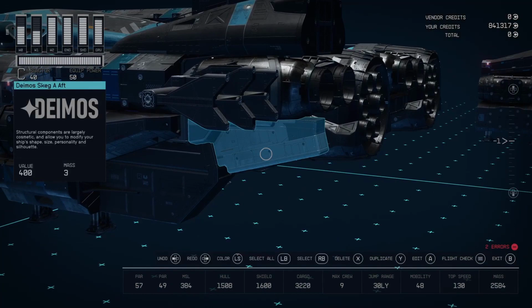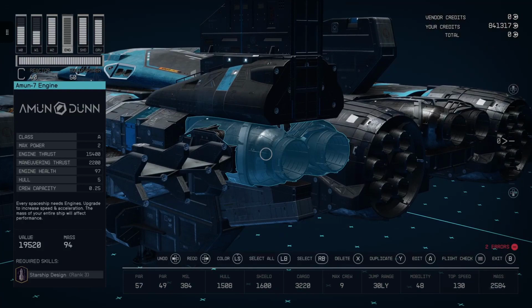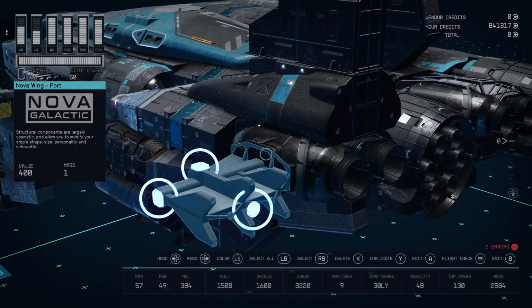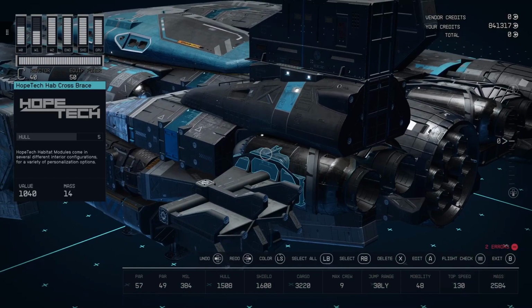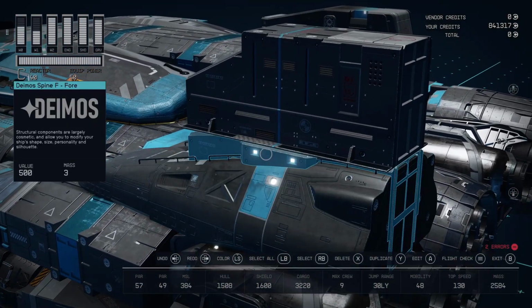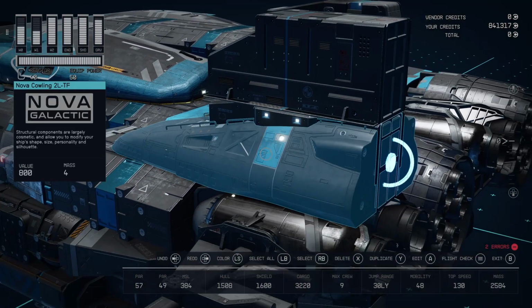and a Deimos Skag A with another Moon 7 engine with a Nova wing port, and the connector through the engine here is your HopeTech Hab cross brace that I told you to grab 2 of from the HopeTech vendor. So I will show you how to put those together. And then you got your Nova cowling on top here, and then inside of that you have a Deimos spine F, and then the final piece on top is E. So E, F, cowling,